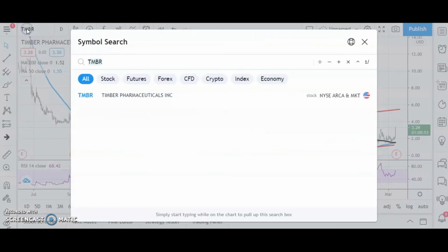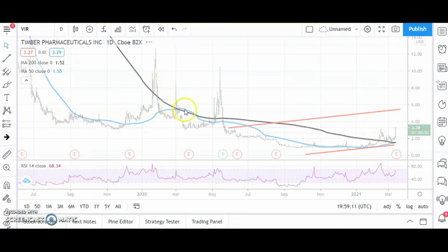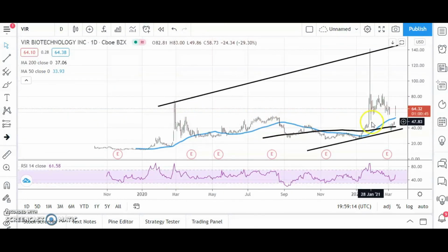Finishing off with a slightly less dramatic situation, but one worthy of our viewing nevertheless. Here we've got Vir Biotechnology. Here we've had an island reversal, gapping down through the 50-day moving average and gapping up through the rising 50-day moving average. While there's no end of day close back below today's intraday support at $55, looking for significant further upside, at least $80 hopefully by the end of this month, and perhaps even by the end of next month up to $140 for Vir Biotechnology. If you want a slightly tighter stop loss, it would be $56.99, which was the top